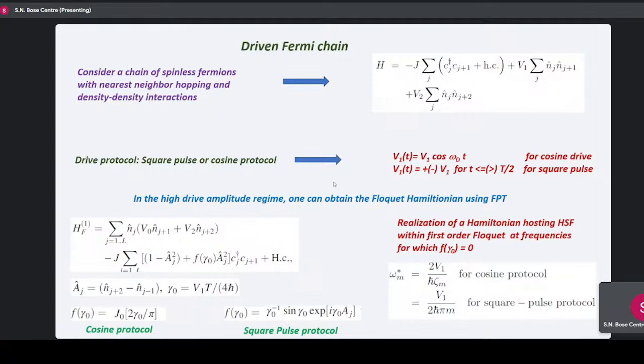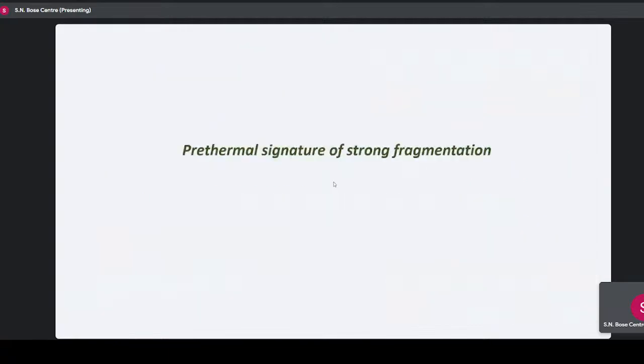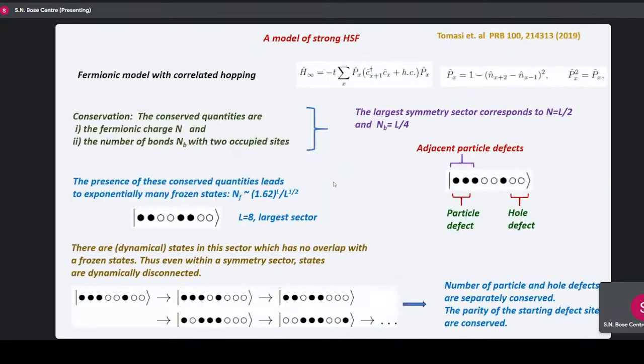And this can be worked out in a few lines. And this gamma naught essentially is a dimensionless drive frequency. It's a ratio between the amplitude of the drive and the frequency. And it turns out that if this gamma naught goes to 0, this Hamiltonian reduces to the old Hamiltonian